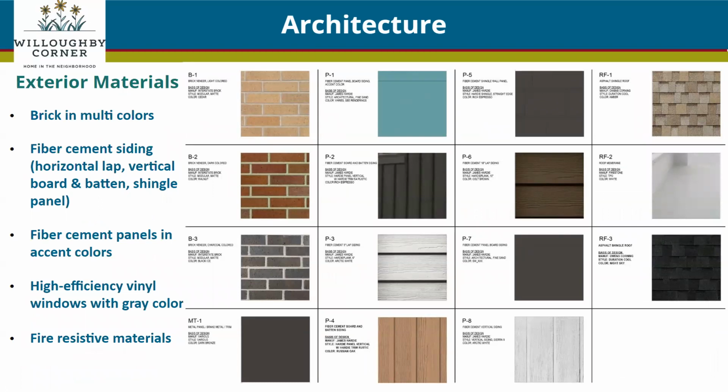This is, folks, the exterior materials, right? So I bet a number of you really have experience with this. This is how we show the architectural boards, right? So you can see the lath, what we're showing there on the vertical board, and the board and batten. This is more of a palette for people to see and tell those colors. Again,